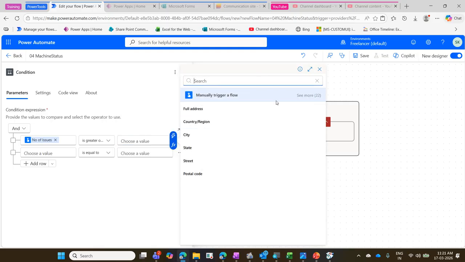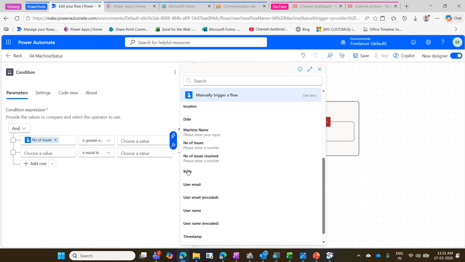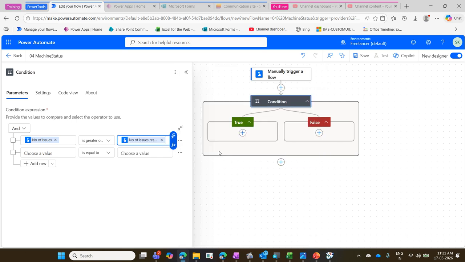Now, I think more of you would have successfully done this. I checked it. If it is a true part, I'll come to the true part. So I'm going to send a mail. But now, one more condition we are going to check. For example,